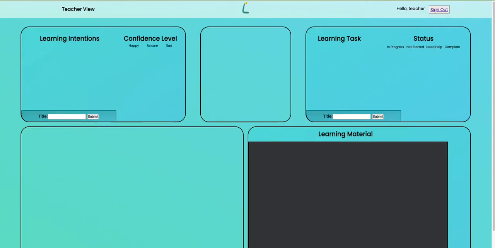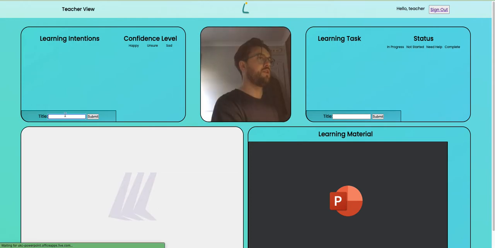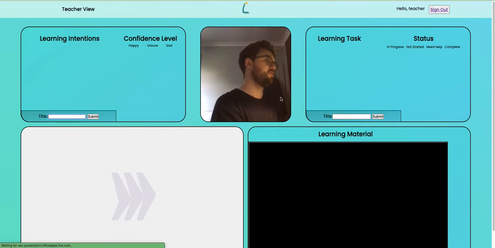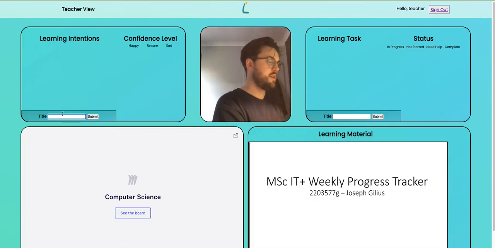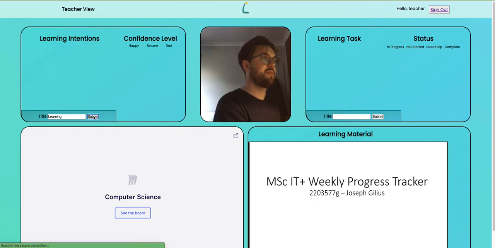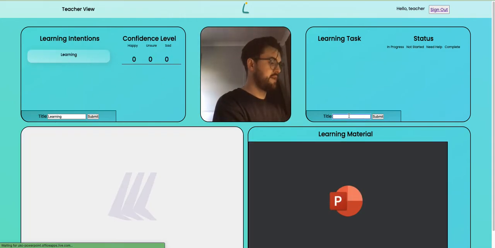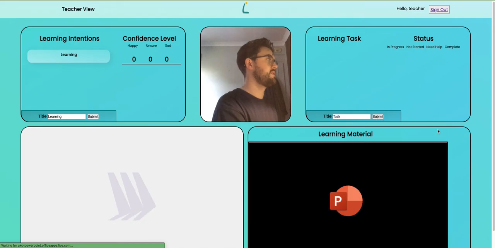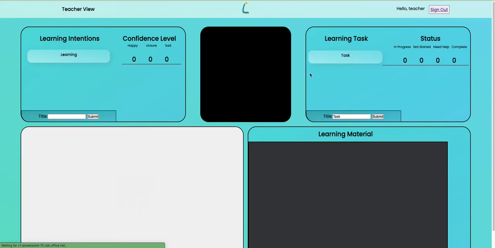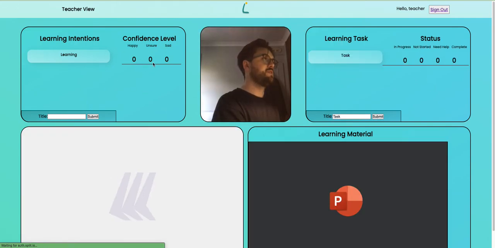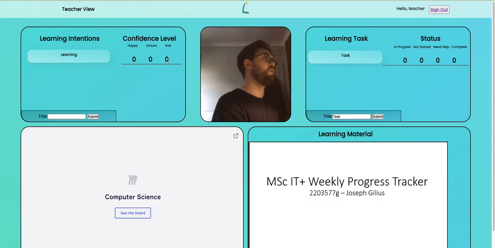So if I direct to the teacher page by adjusting the URL, you'll see that I have the ability to create learning intentions and learning tasks. So let's go ahead and do that now. So I'll just put learning for that learning intention, and we can see it creates like so, and I'll put in task for this learning task, and we can see it creates like so. Now we have these numbers here. These numbers denote the responses from users within the system, and it's part of the object-oriented back end of LearningSpot